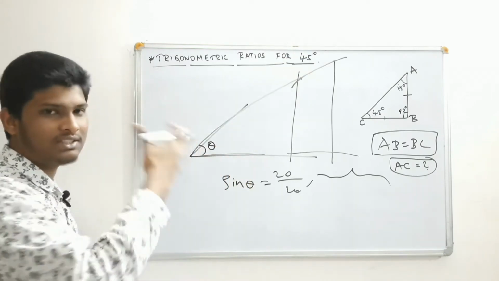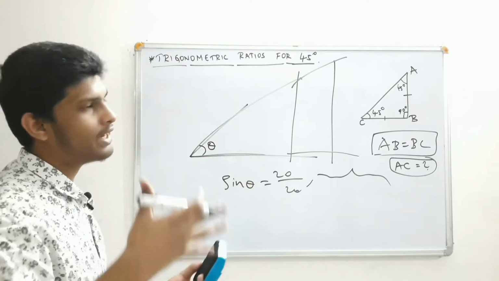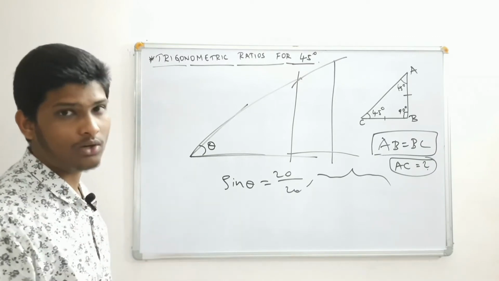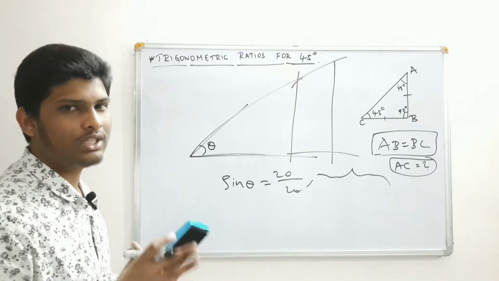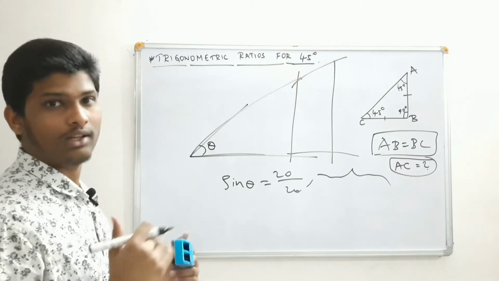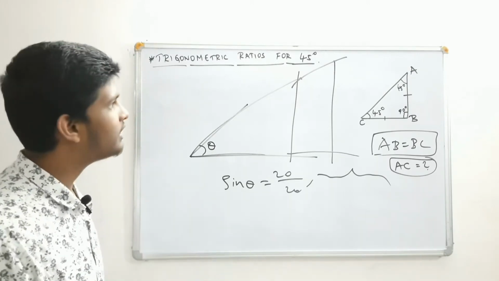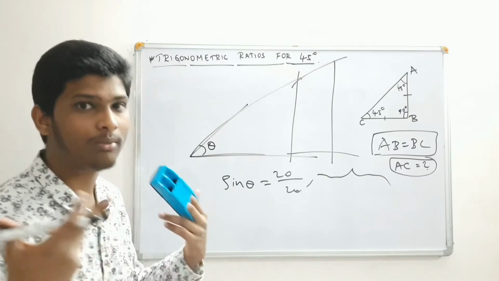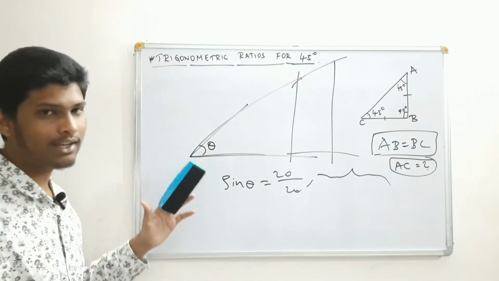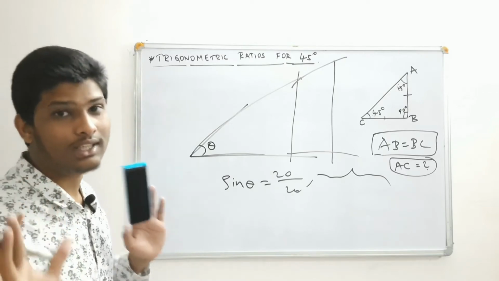Now when we find sine 0 degrees, cos 0 degrees or sine 30 degrees, that is constant. It will not change if you change the length of the triangle. They are fixed, and that's why we find them, because it will be useful for us if we know just the angle, as long as we don't change the angle.